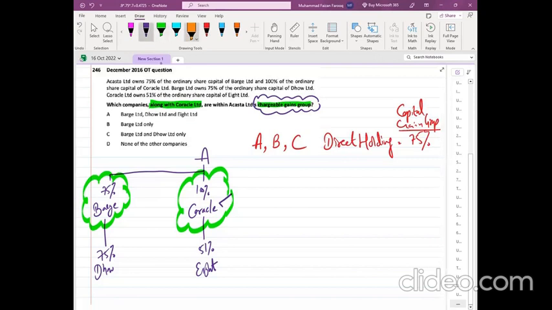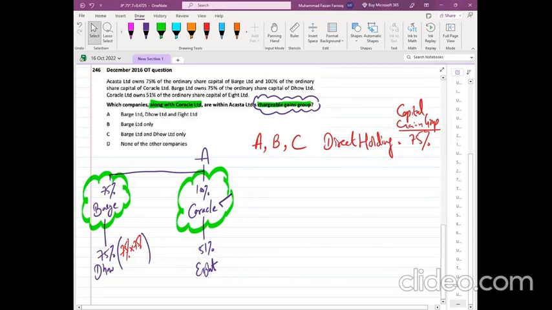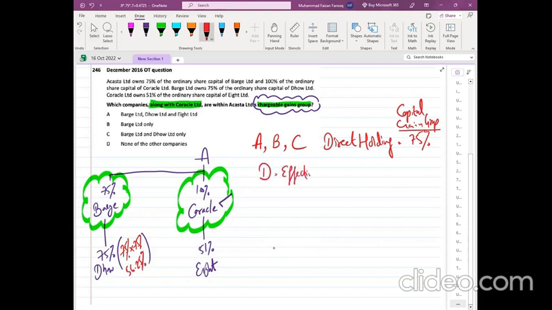ए बी सी तो हो गई, अब बारी है डी की। जरा ध्यान से देखना। ए ने 75 और 75 वाले ने डी में 75 किया है, तो अगर मैं ए की इफेक्टिव होल्डिंग निकालने जाऊं तो वो कैसे निकलेगी? तो 75 इंटू 75%, 75 75 क्या आता है? करके देख लो। 56.25 इफेक्टिव होल्डिंग आ गई। तो भाई डी में इफेक्टिव होल्डिंग 56.25% है। ई की बात करते हैं तो 100 इंटू 51, ई में भी इफेक्टिव होल्डिंग 51% है।